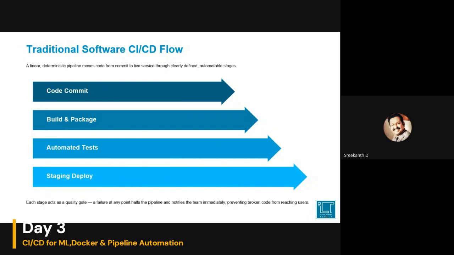So let us think about a traditional CI/CD flow. What happens in a traditional CI/CD flow, right? Let us assume that we have created a web application. What happens normally, right? We have release cycles, bug discovery time, but the human errors also will be there, right? We know how it will happen. The code commit will be there, then build package, automated test, maybe staging and deploy. If this is the flow, there is a possibility of issues with the release cycle, bug discovery time, and human error.